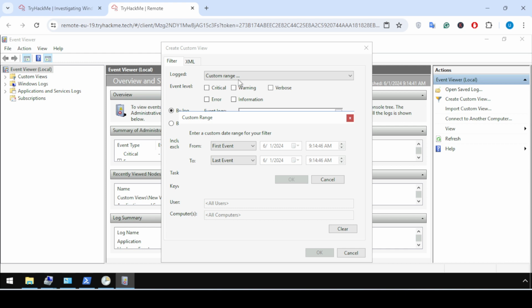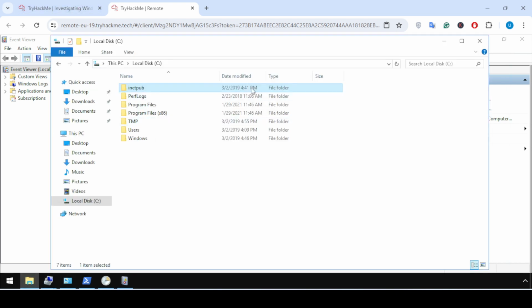We need to specify a specific time, and in the custom range, from events on, you need to specify the date, that is this one. The time is here, you can see.